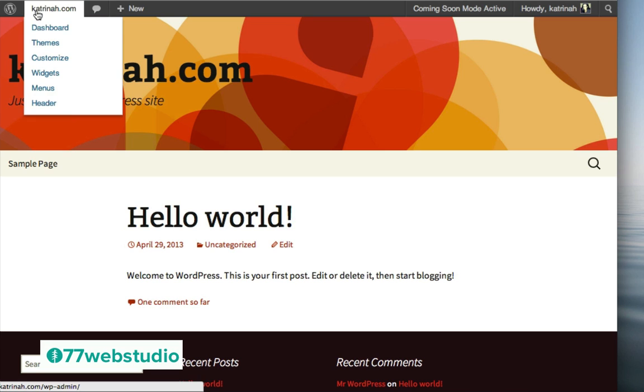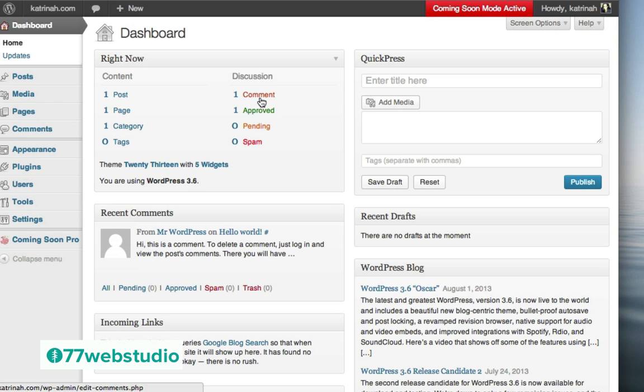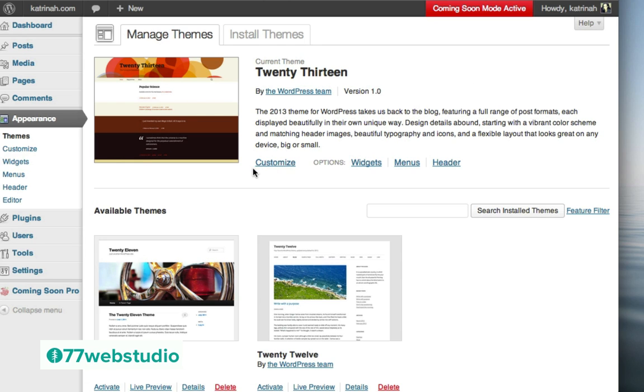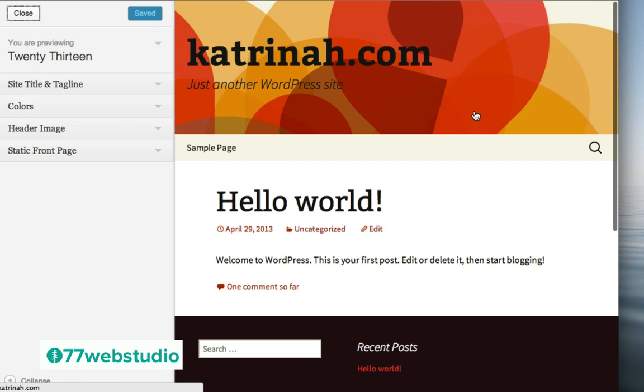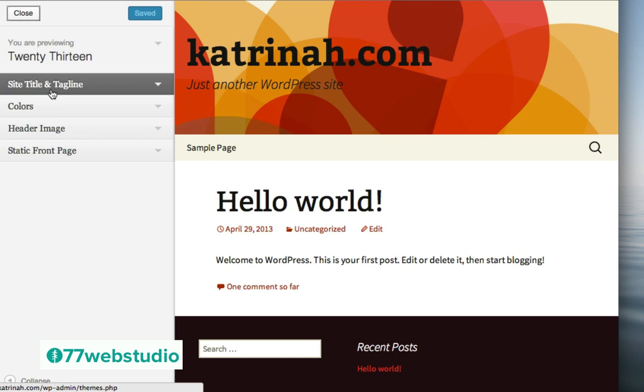To do that, we want to go up to the top and go back to the dashboard by clicking on Dashboard. Here on the dashboard, to change the settings in the banner section of the website, we want to click on Appearance and then click on Themes to get to the 2013 different links where we can configure this website. So the first one is a Customize link, and when we click on Customize, you'll notice that you have a preview window on the right-hand side that shows what the website currently looks like, and then there are a number of different settings here that you can configure related to the site.